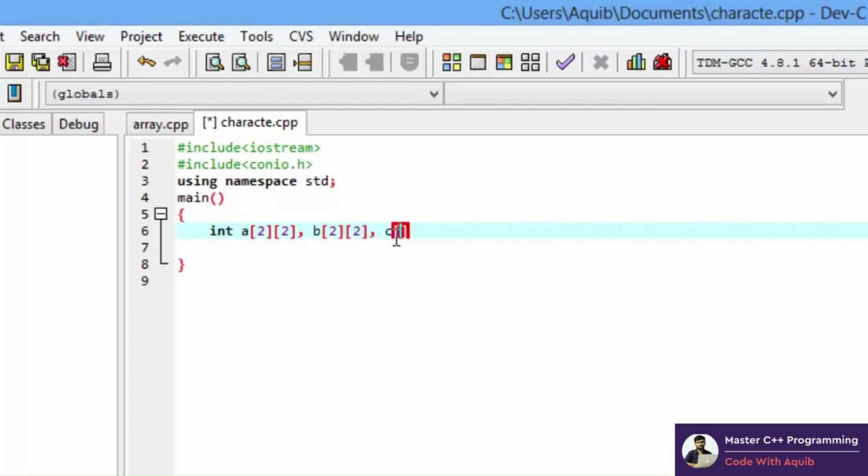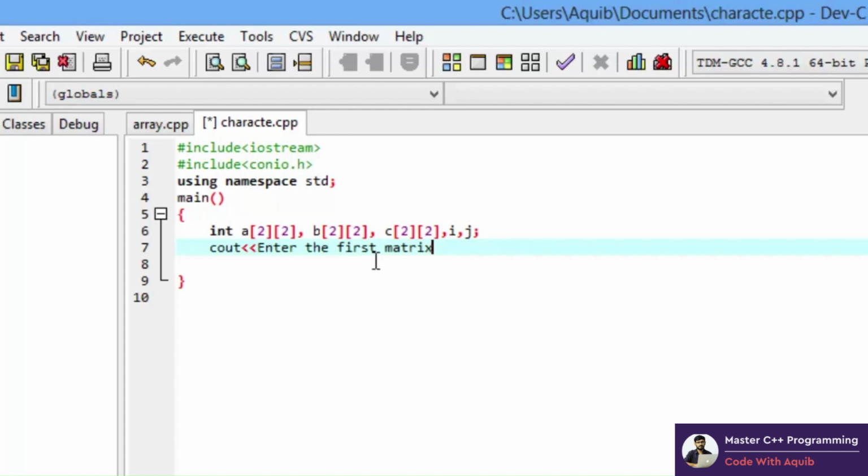And we'll need one more to store the final result, again 2 by 2. That's it. So there are three matrices. Again we'll need a loop, two variables. So let's go ahead and ask the user, enter the first matrix,